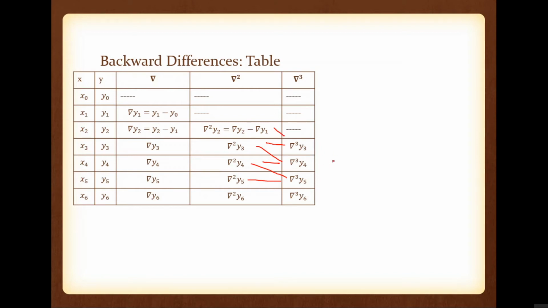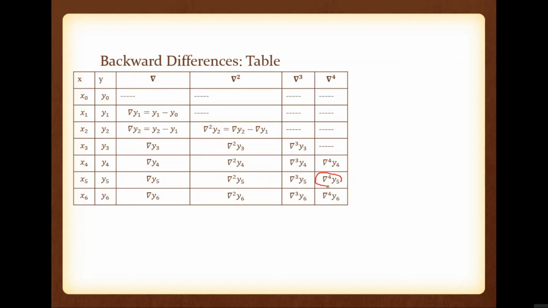So we have the del cube column. Then by using this, we have to find del raised to 4 y. We are starting from the last one, del raised to 4 y6, del raised to 4 y5, del raised to 4 y4. As it is a fourth order, first 4 entries are absent. So what is this term? This term is its current data minus its previous data. That is del cube y5 minus del cube y4. Am I correct?